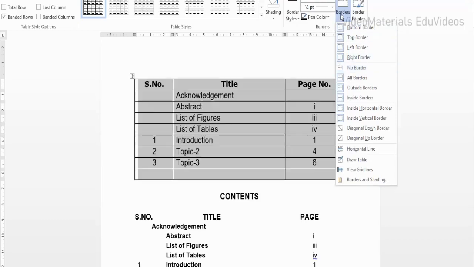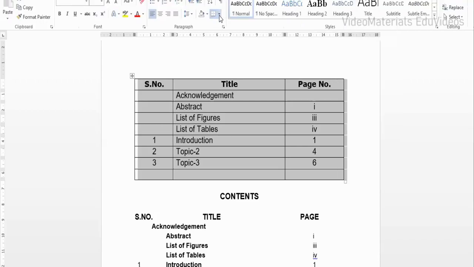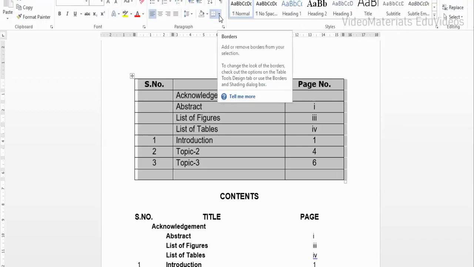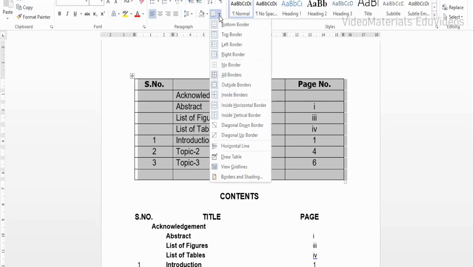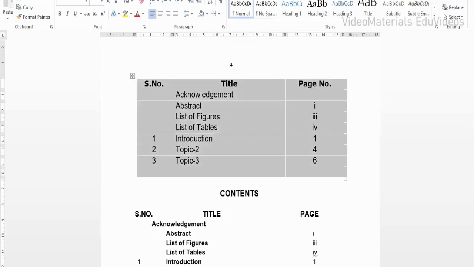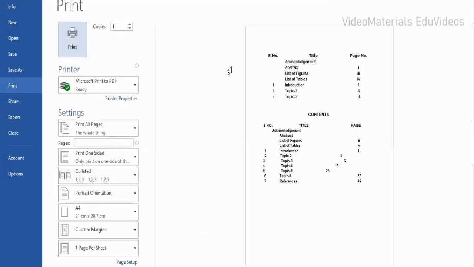Now I'm going to apply the same by using the Home menu. Here I have borders in the paragraph settings. So I'm going to select this by clicking on the drop down button, and I have to choose no border. So when I click on no border, it shows there is no border here. Now when I see the preview, it shows there is no border. Now when you look into the content at the top and at the bottom, which was separated, you can see the difference, how the content is formatted.